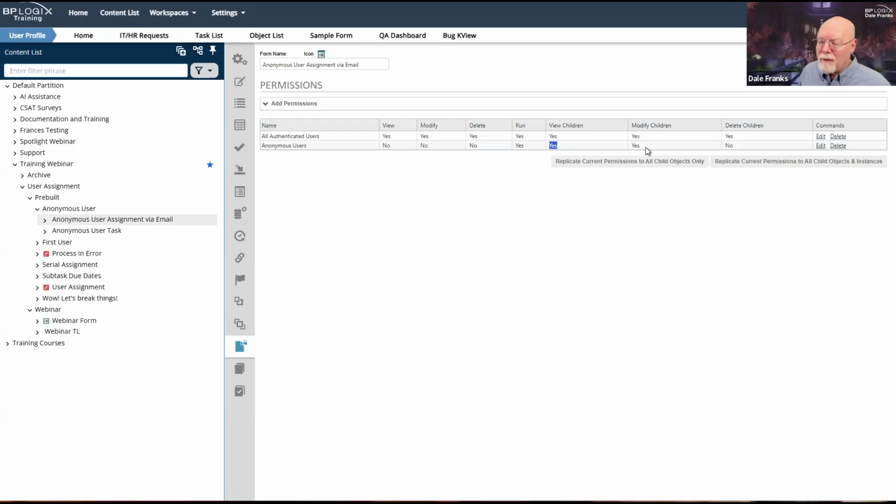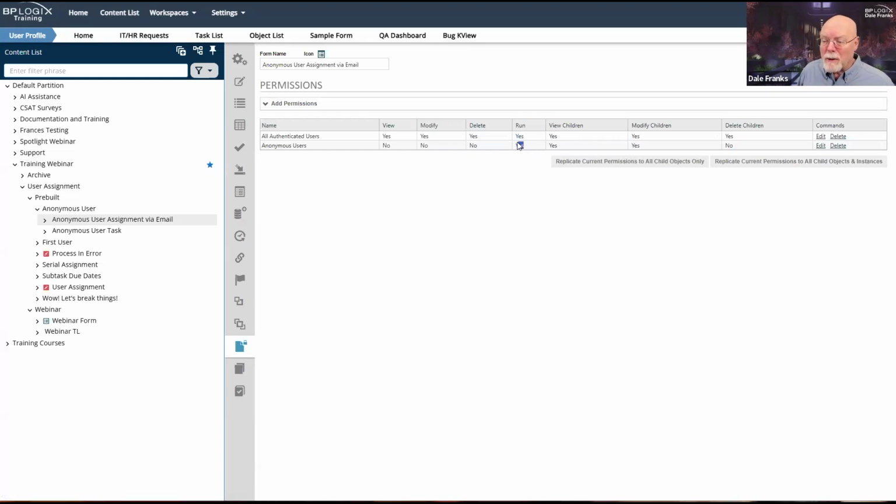View children and modify children for anonymous users are nearly always optional. They depend on how much freedom you're going to give the anonymous user to access those portions of your Process Director installation. They can't see anything else other than what you give them view permission to. And of course, they can't make any changes unless you give them modify permission.